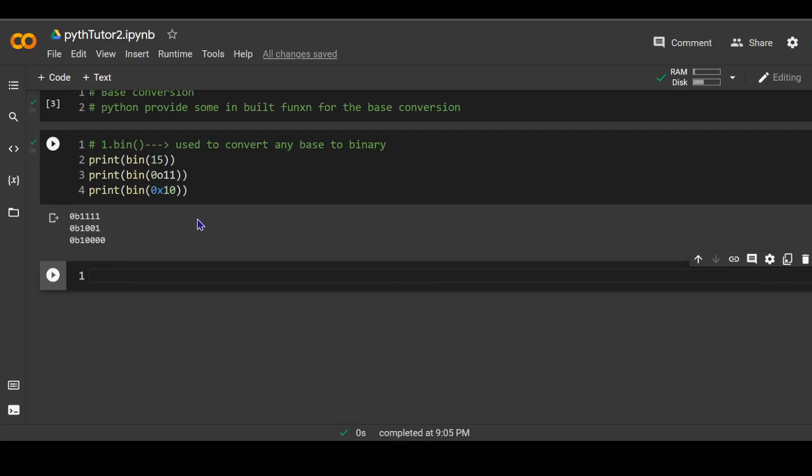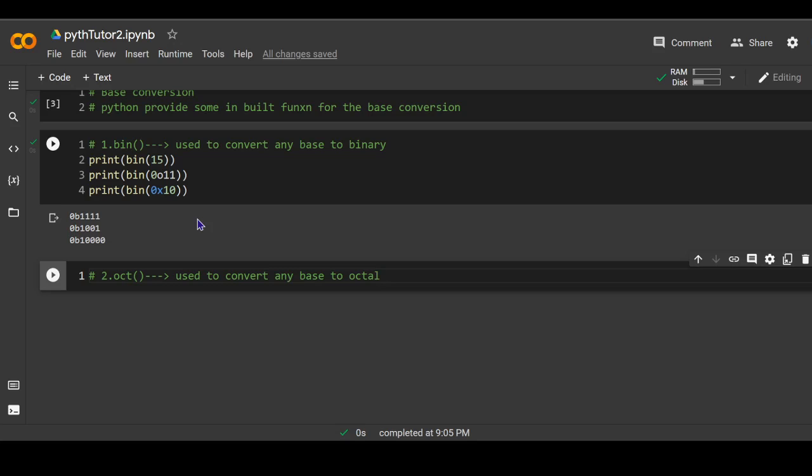Now let us talk about our second function, that is the oct function. As you can already guess, this is used to convert any base to octal.